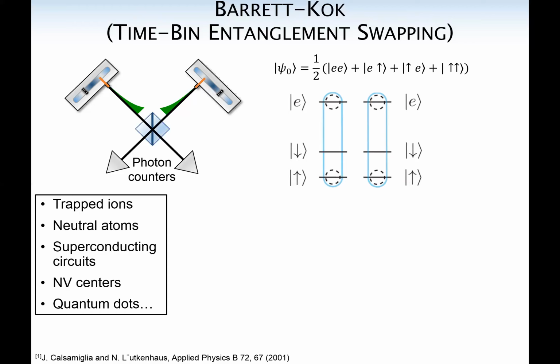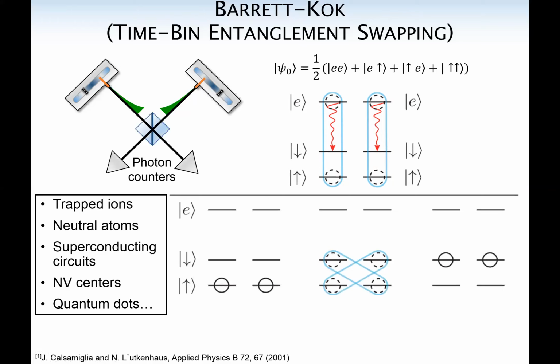So the protocol tells you to initially take your two atoms that you want to entangle and prepare them in a superposition of this up state and this E state. And the premise is that this E state is optically active, and so it spontaneously emits and then decays to a metastable state labeled as down. And so if we have these two atoms set up so that the spontaneous emission has equal frequency and decay rate, then these photons are indistinguishable. And so what that means is if you let those photons interfere on a beam splitter, then you get Hong-Ou-Mandel interference, and it's impossible to tell, if you detect a photon, from which atom that photon came.